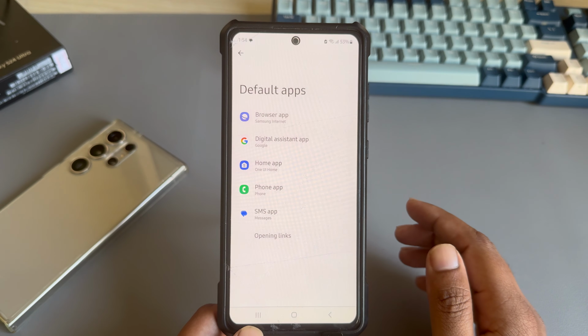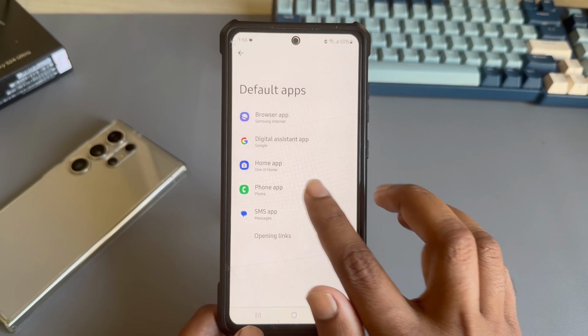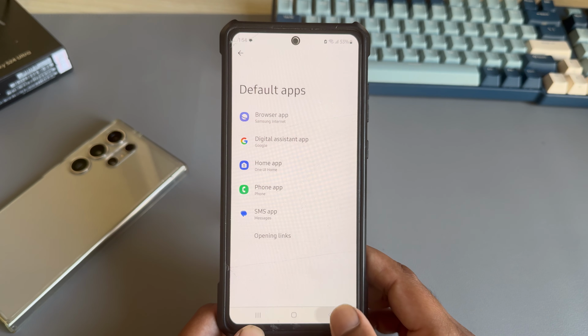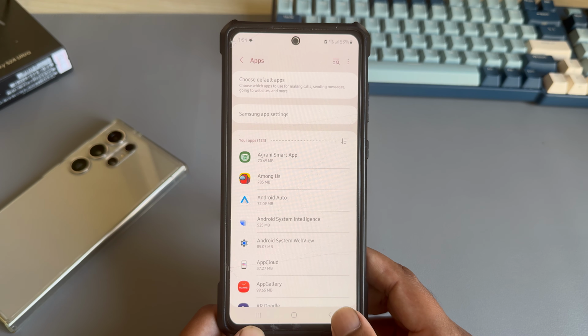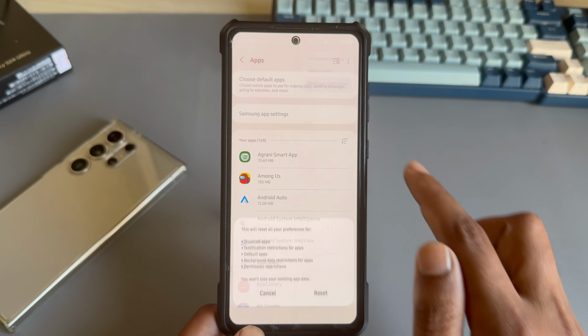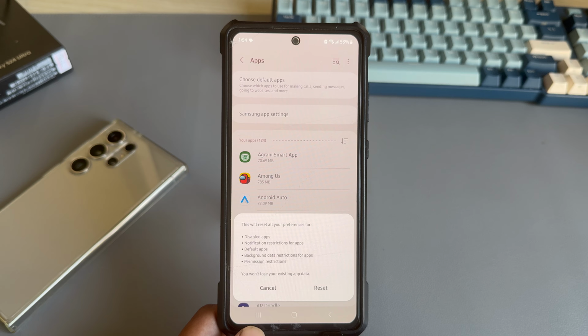Then you can see the choose default. Make sure your phone is the default option for calls, and now check back. If it still doesn't work, just reset apps preference, reset it